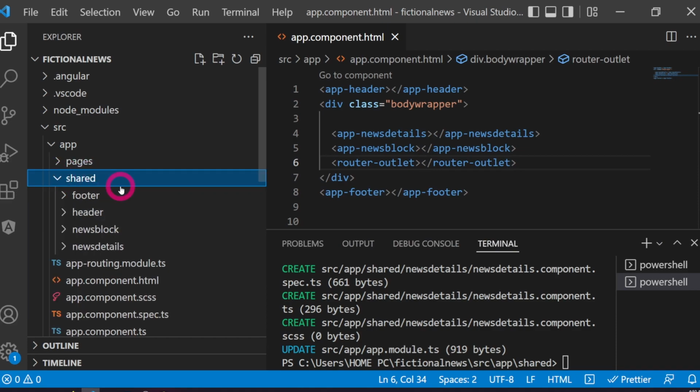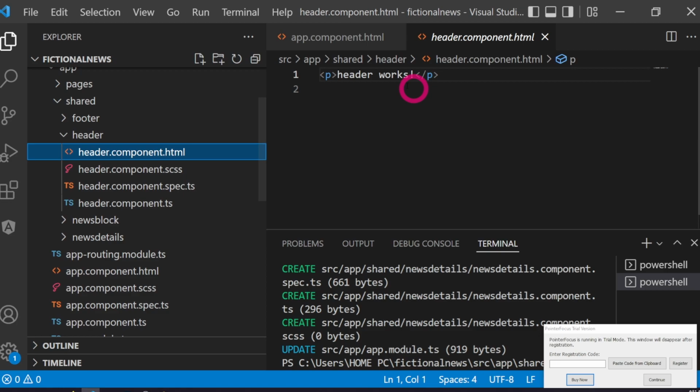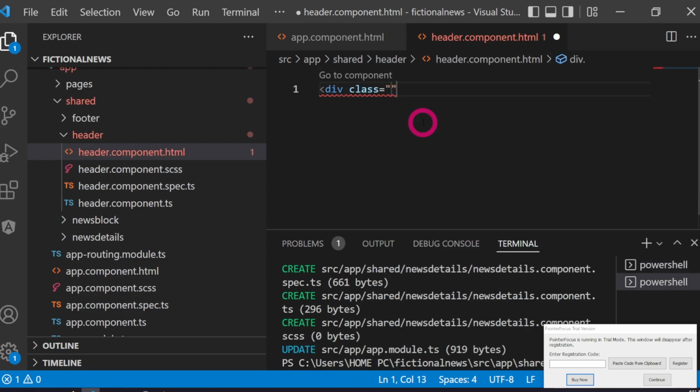If we go into shared, we go into header, we go into component, see where we have header works, we just get rid of that. And then we're going to have a container. Now you can name it however you want. Your naming convention and all that is totally up to you.